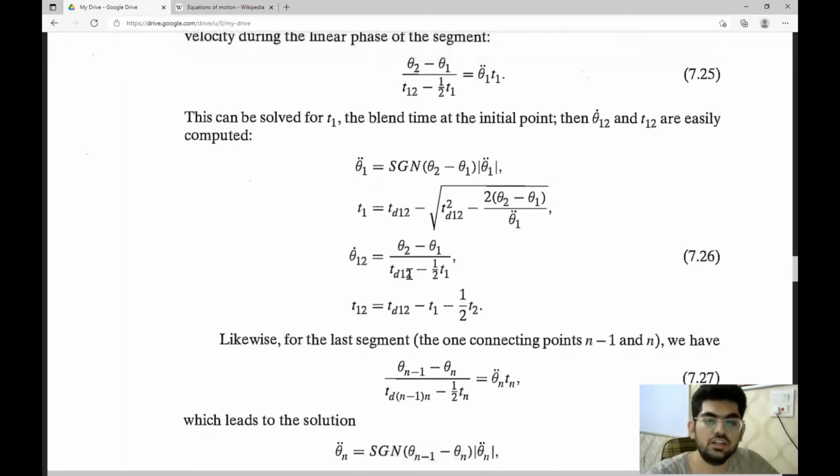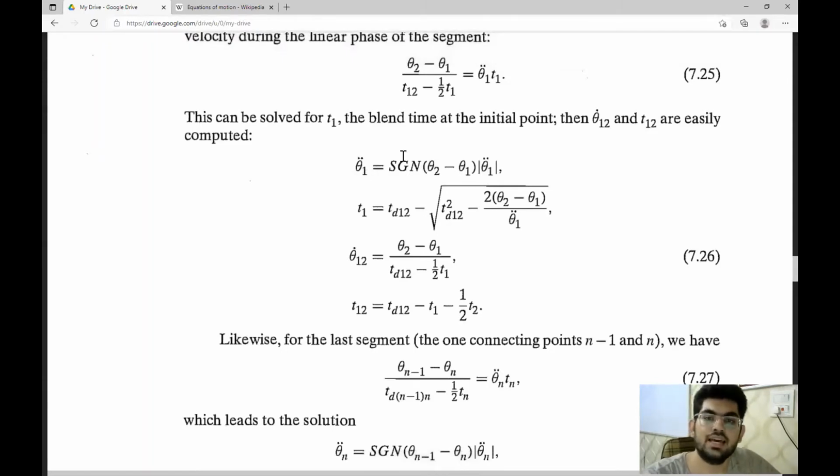Now, the reason there is an ordering of why we are solving something first and something later is that the values are such that we require the use of certain other values. For instance, in the calculation of acceleration, this parabola time and the velocity, we require only few elements that are available to us from the start. But in order to calculate this time segment, we need the parabolic time for the second point. And we have not yet calculated this. Therefore, we will do the calculations for the parabolic time towards the later part, when we have calculated this required parameter. So we've just copied these equations in the code.